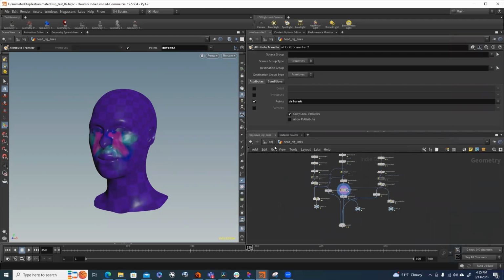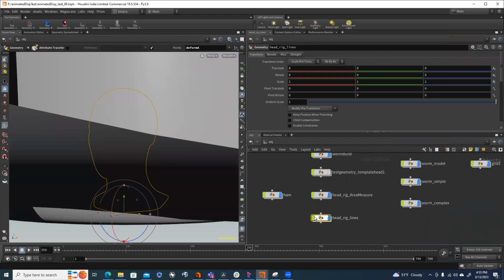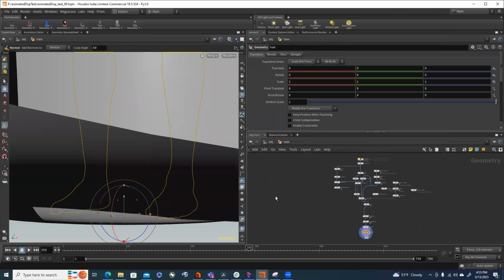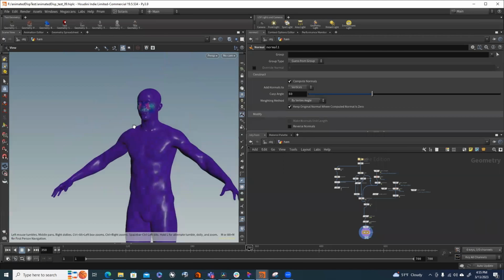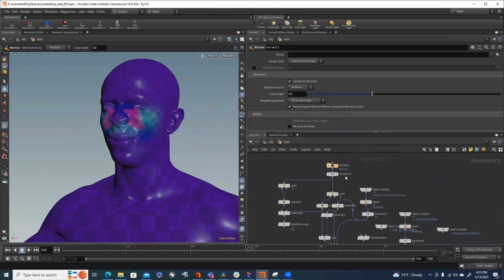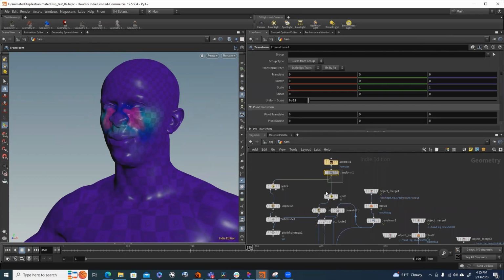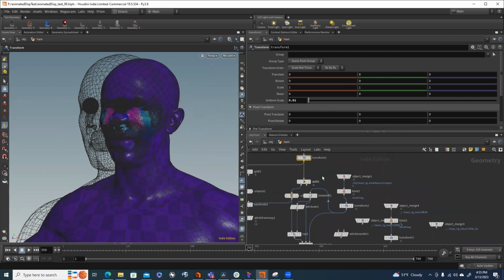So that then gives us the beginnings of this, and I went ahead and jumped all the way to wanting to transfer this onto another character, right? So I think I did one version, a render of this head rig using that, but then I wanted to transfer this to my other character. And so we can see here, and again, for an actual animation and rig, this is not sufficient, but just the general idea. So I have my character coming in, putting him in Houdini scale, doing some stuff to get to just the skin,